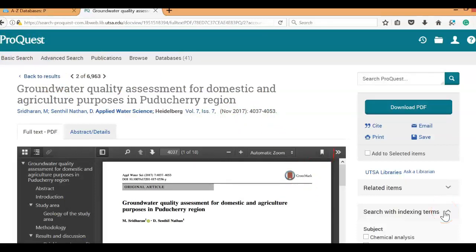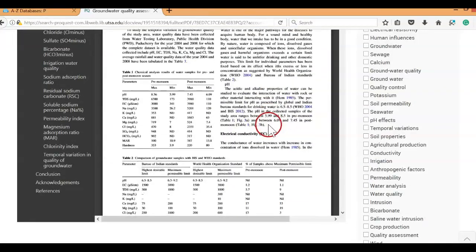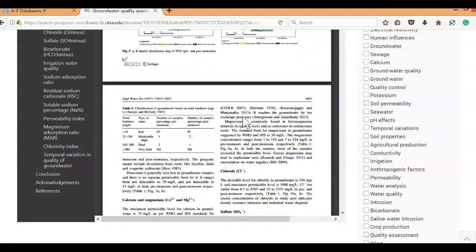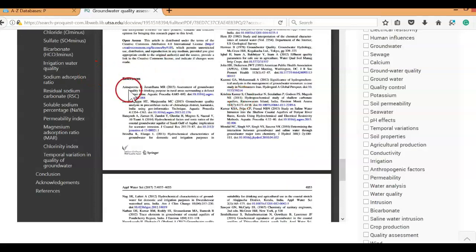We know this is a peer-reviewed source since we made the peer-reviewed selection within the search engine. However, another way to make sure your work is scholarly is to scroll all the way to the end of the article and see if the source provides a list of bibliographies, also known as references or works cited, depending on the documentation style. In this way, you can search your university databases and find information.